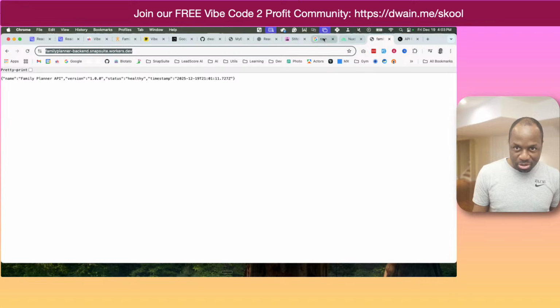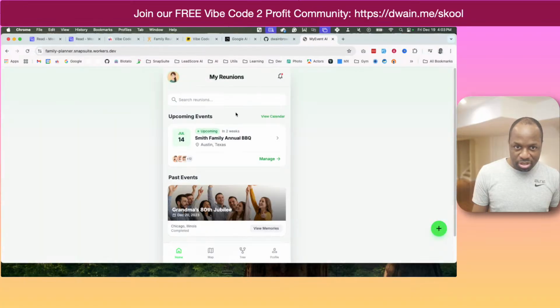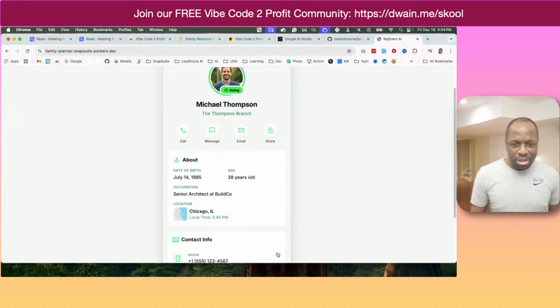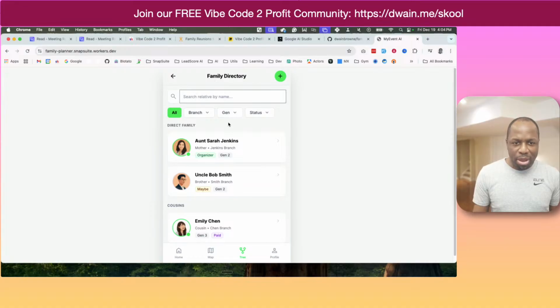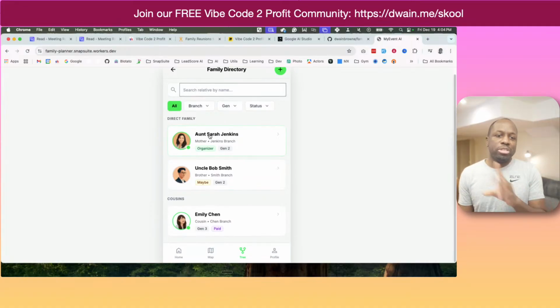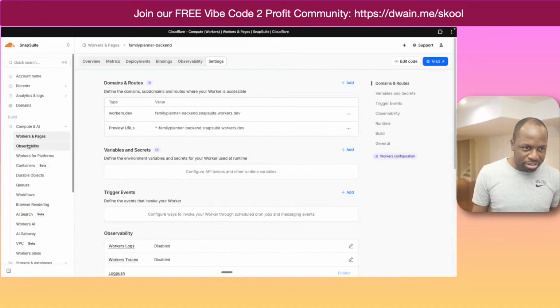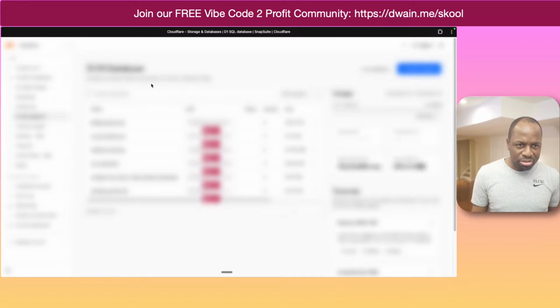So let's see. It should be close this, close this, close this, close this. So where's the families? Is it on homepage? No, that's the events. So here, this is family directory. So we should be able to see actual family directory here based on what's coming from the database. So what are we looking for? Let's see if we could find something that we should be looking for. So we want to look for media, database,